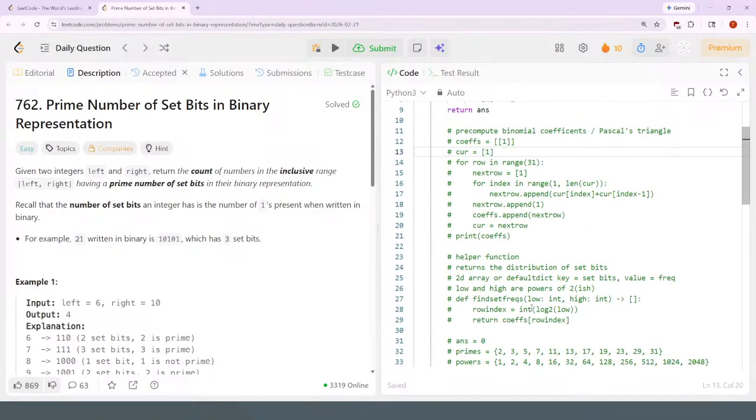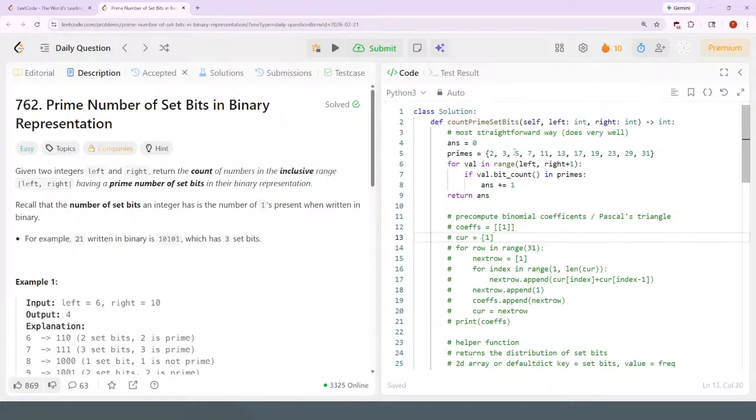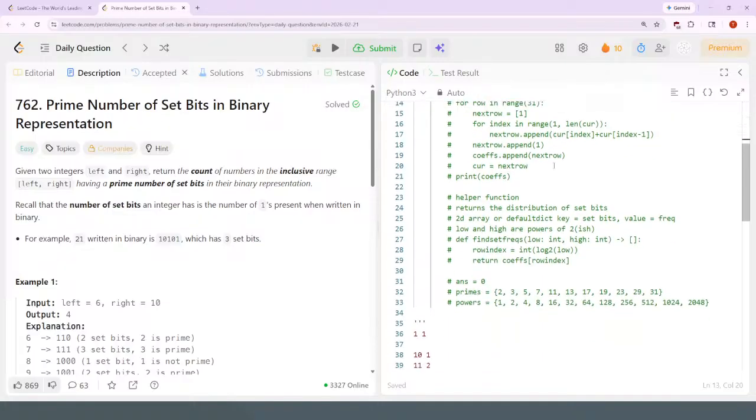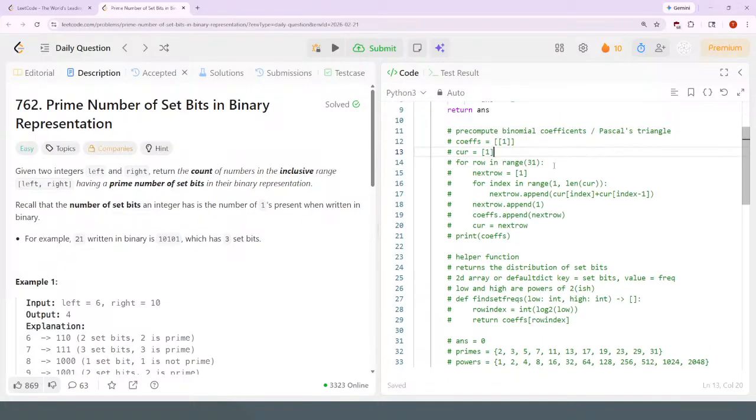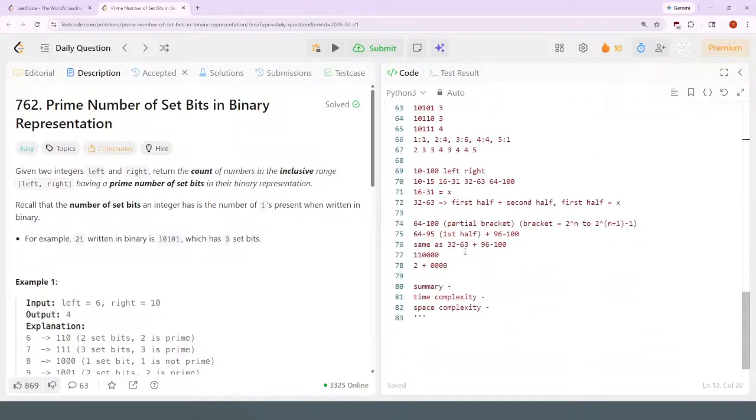But yeah, there definitely is a way. My mind is currently not thinking of it, but there is a way to optimize it so that you're not iterating through all the values, you're just looking at the bunches of values between powers of 2 and then doing a fast computation of those values on the distribution of prime set bits within those buckets. This is part of the work there. But anyway, so summary,